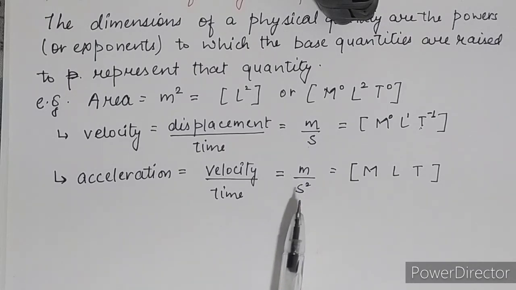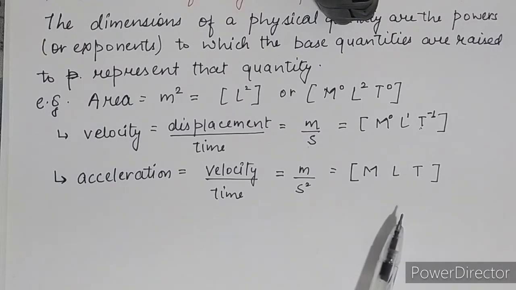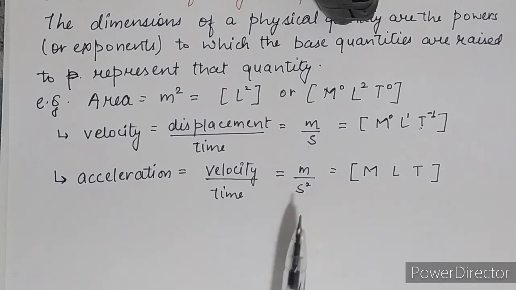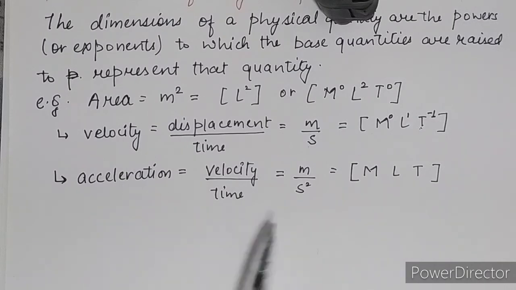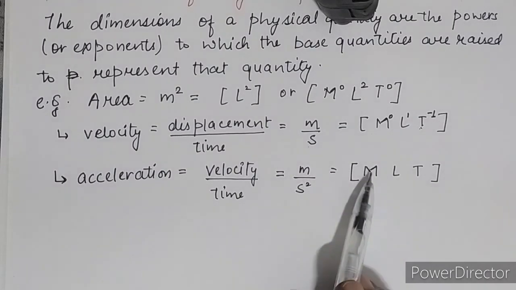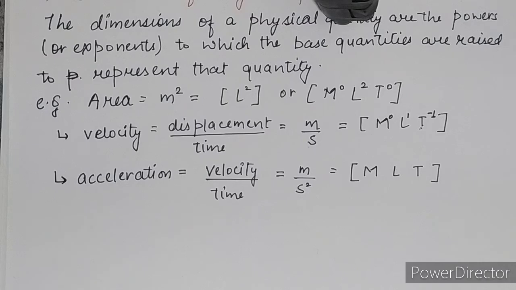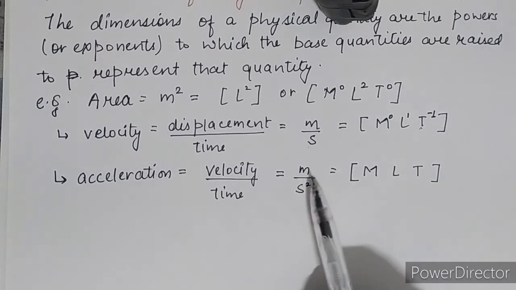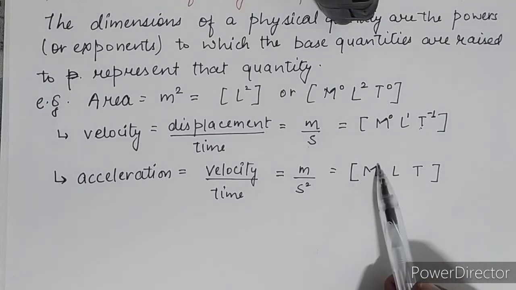If you know the SI unit, you may still not be able to write its dimensional formula. I am explaining that with an example. Now discuss acceleration: meter per second square. Many times students get confused that m, meter, is also denoted by m, and mass is also m. They think m has unit 1, so they put power 1.